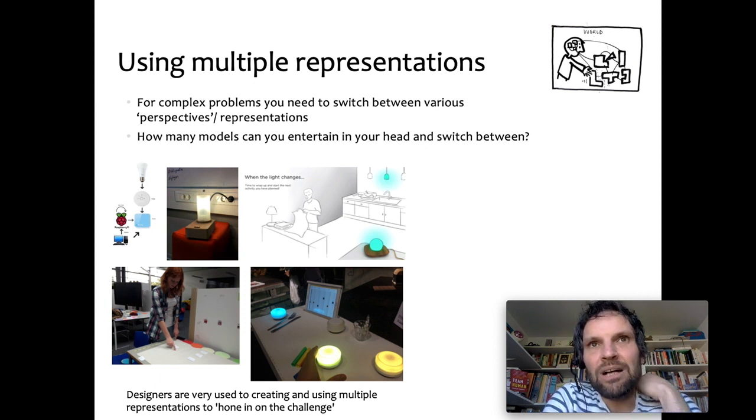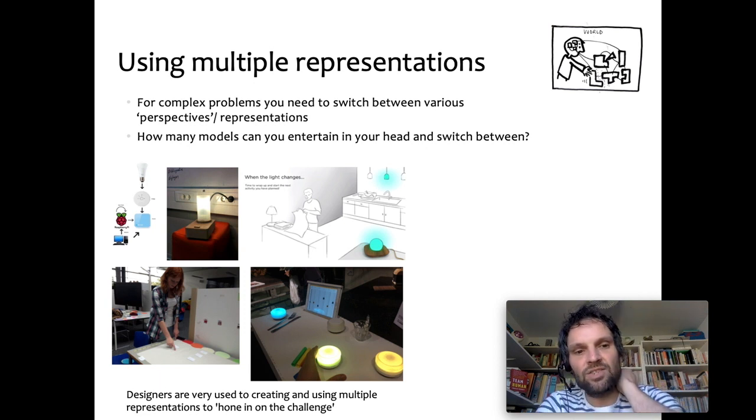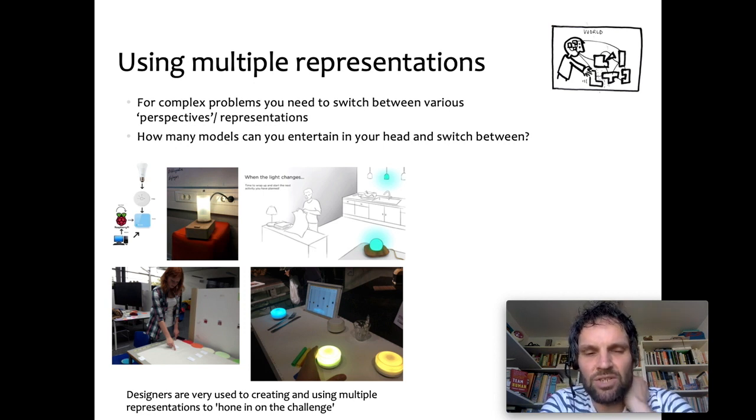And this works well for problems that are so vague and complex that there isn't one optimal, most efficient representation for it. So when you design a new interactive system that's going to do some kind of work within a human practice, these pictures are for lamps that are supposed to be visual reminders for people with intellectual impairment, to remind them of things they don't want to forget.